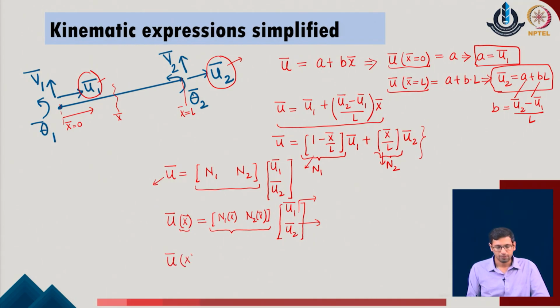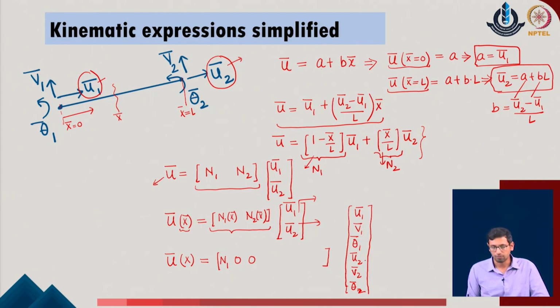I can say that u bar, which is a function of x of course, and I am now looking for not only the values in terms of u1 bar and u2 bar, but all the displacement parameters, which are u1 bar, v1 bar, theta 1 bar, and similarly u2 bar, v2 bar and theta 2 bar in the given system. If I now try to express this given function in terms of all these nodal values of the system, I write here the first parameter N1. The v1 bar is not dependent, or v1 bar does not relate with u bar in the given generalized function, so I write it as 0. Similarly, theta 1 bar also does not influence the variation of the displacement along the longitudinal length of the member.